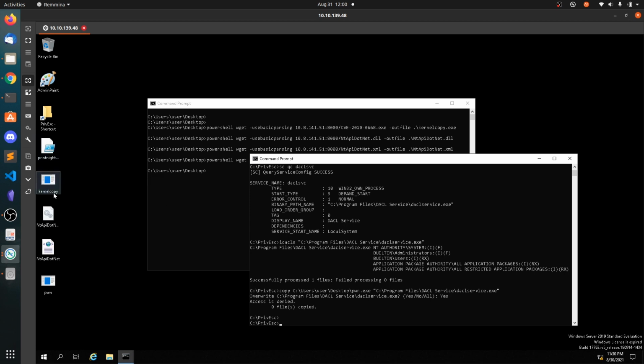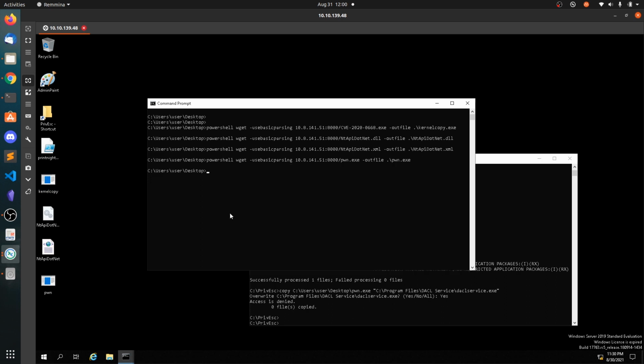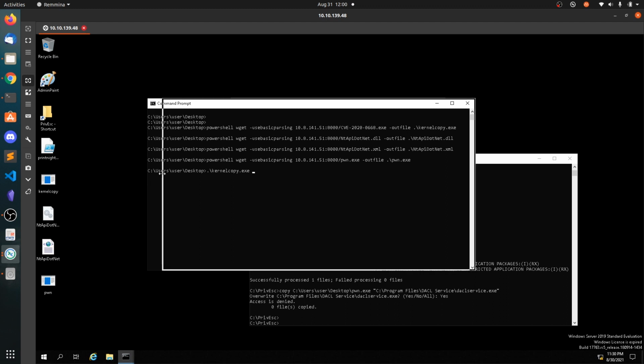So now with this exploit, kernelcopy, we can override this one. So let's do that. You need to specify the full path.